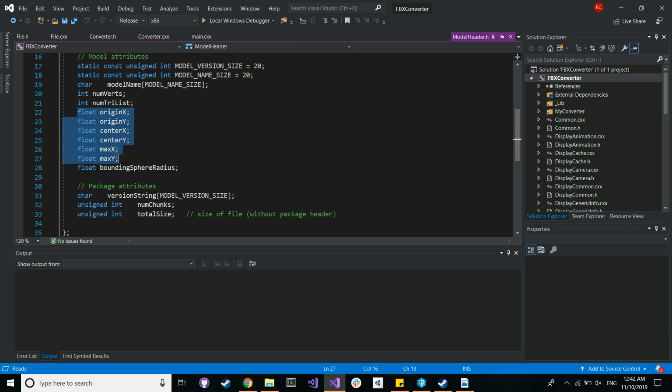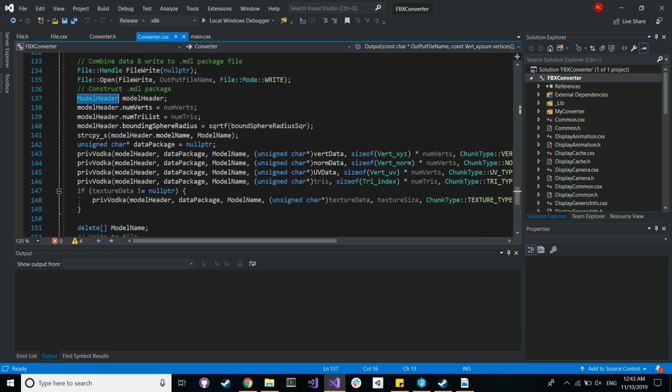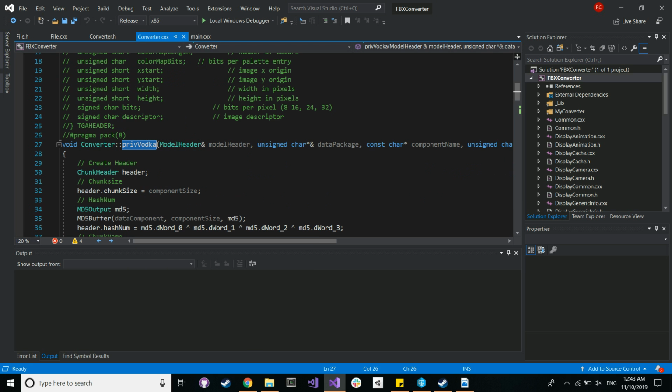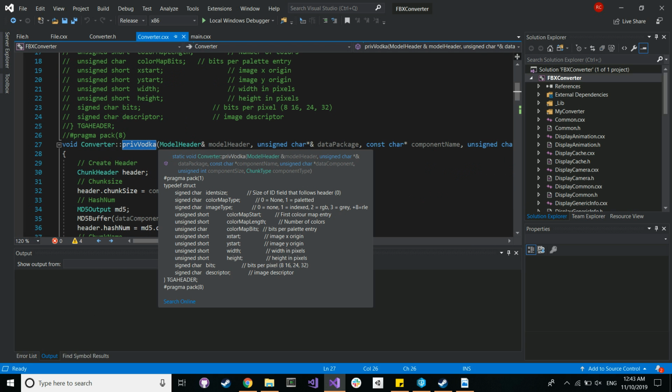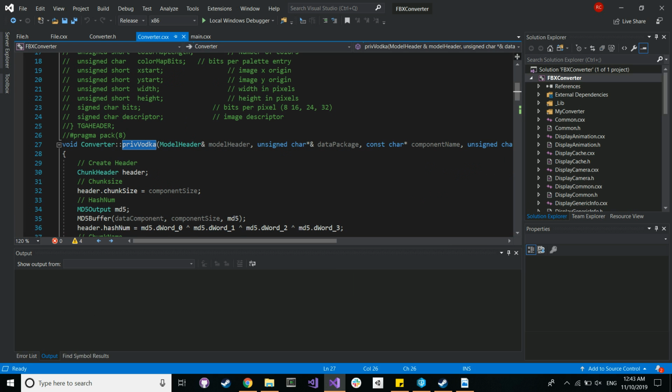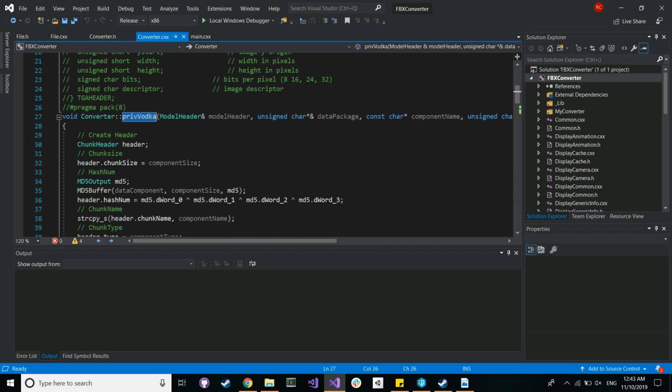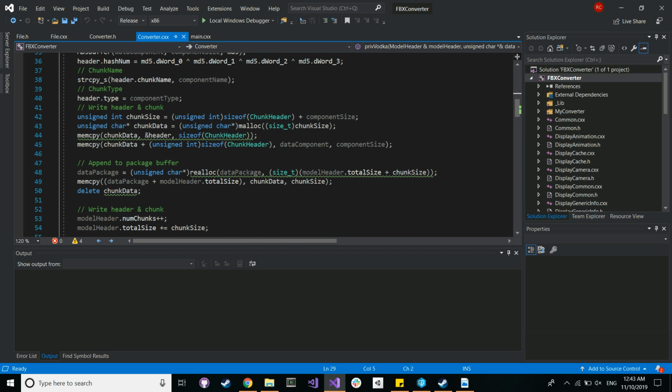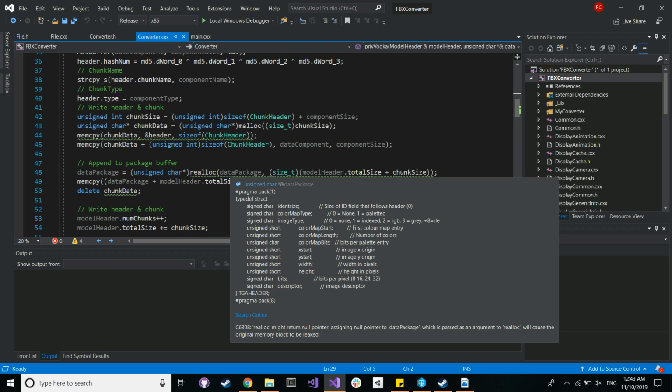For those I haven't really used for now, I'm thinking about converting the bounding sphere data from the converter, not during runtime, because that will consume some time, for optimization purposes. Anyway, and then each of the array lists will be parsed. Basically, it's like Vodka.exe, but they don't really convert into a file, but instead they insert into the data package,